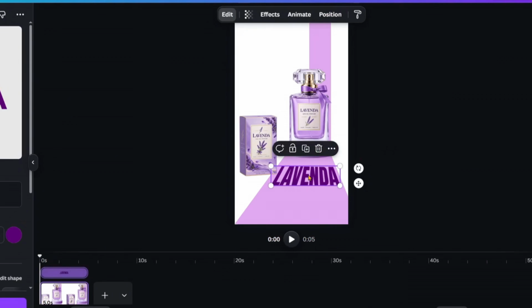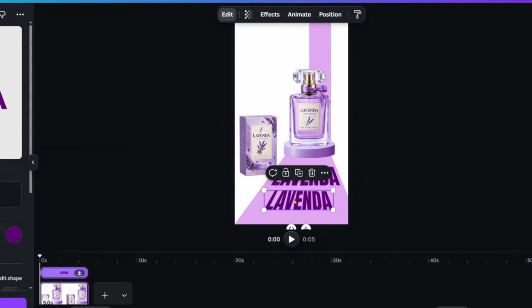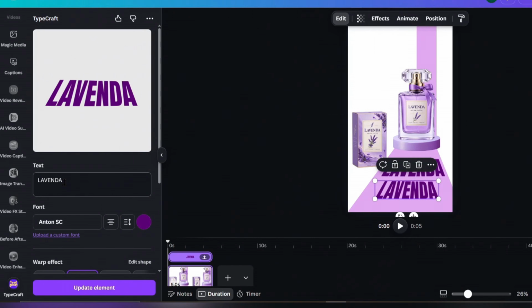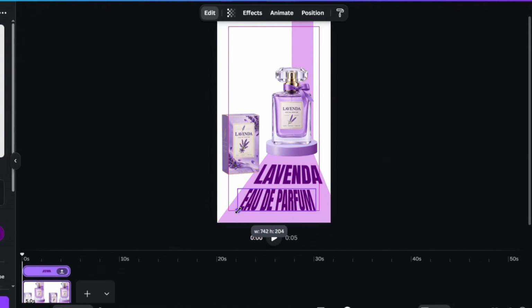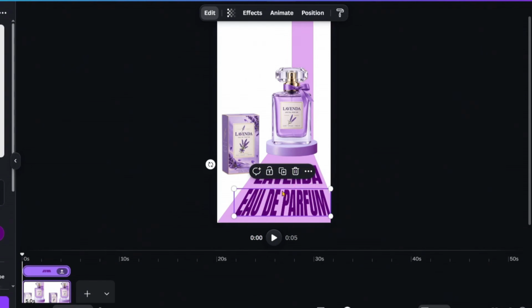Finally, let's duplicate this text, like this. Now select the duplicated copy and go back to Typecraft. In the text section, replace the text with your second line. For mine, I'm going to enter Eau de Parfum. Then simply click Update Element, and the duplicate text will be updated with the new text while keeping the same